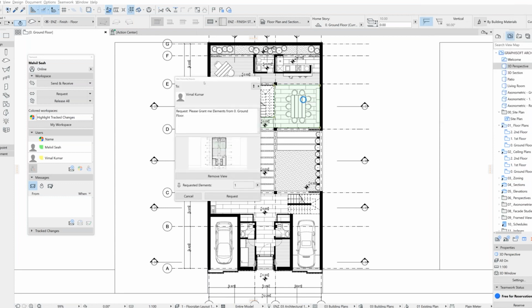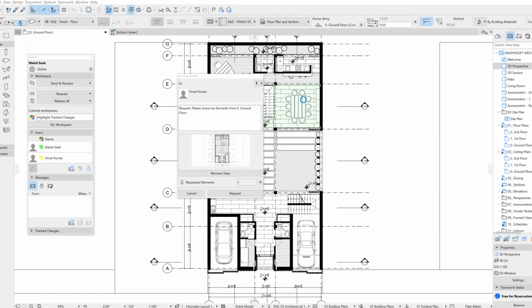So then this dialog box will appear where you will send to Vimao and you will put up a request like something like this. Then you also can put in a view, or you can remove the view if you don't need it. You also show the requested elements, which is one number of it, and I will send the request.